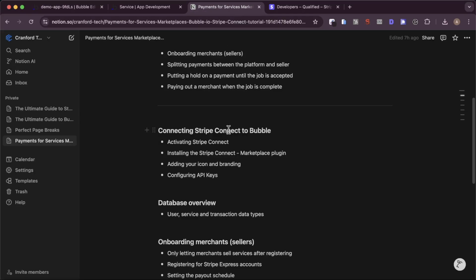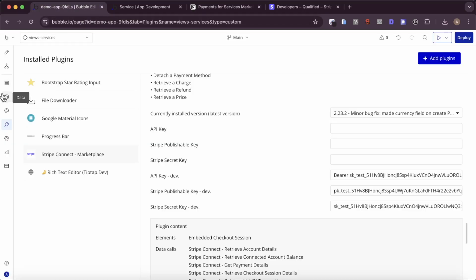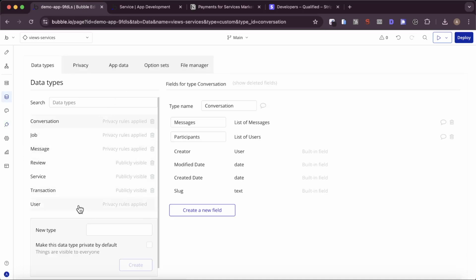Okay, let's take a look at our checklist. So we've gone through activating Stripe Connect, installing the plugin, adding our icon and branding, and then configuring our API keys. So next we want to move on to our database overview, and I specifically want to hone in on three data types here: user, service, and transaction. Because if we look at our demo app that we're going to be using for the rest of this video, you can see here I have a number of different data types, even outside of what I just mentioned there. But these three, which is user, transaction, and service, they're really going to be key for the kind of payment